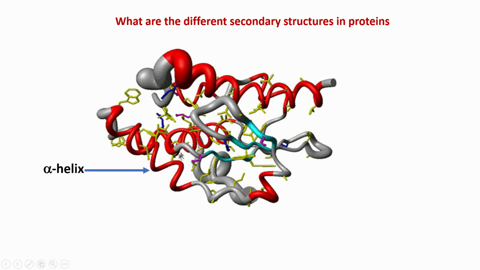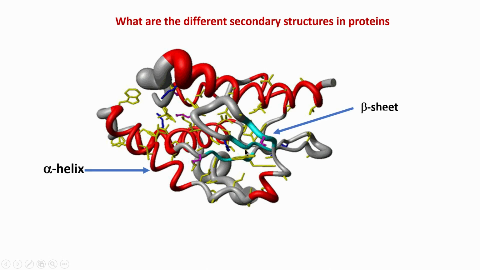Alpha helix basically is a spiral conformation, and there are different types of helices in proteins. Normally, it is the alpha helix which is the most popular. 3 10 helices are also there in proteins, but those are mainly short turns, they are not for a long helix. So, typically the longer segments are all alpha helix, and again they are typically right handed alpha helix. Now, let us see what are the other structural elements.